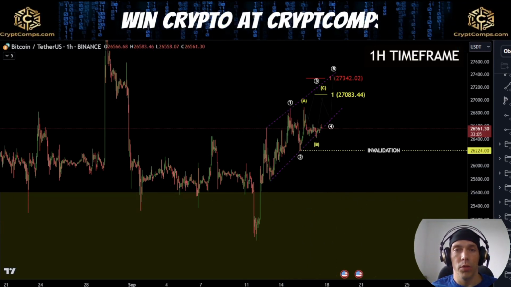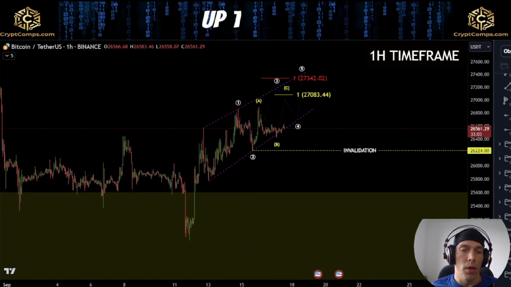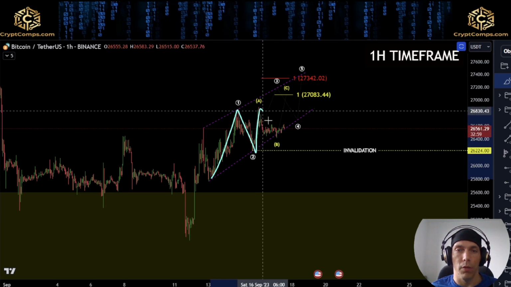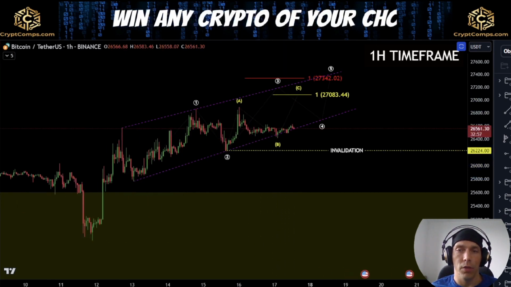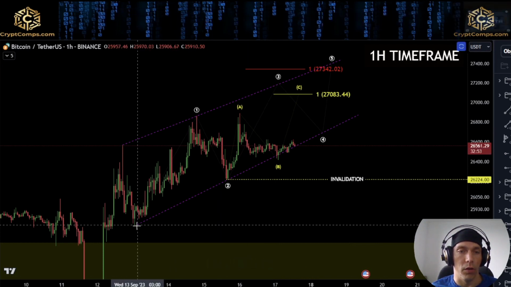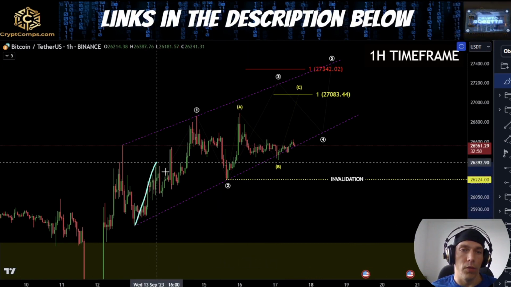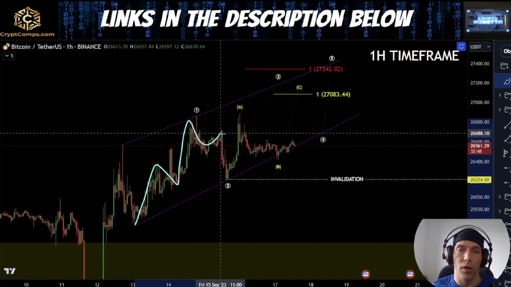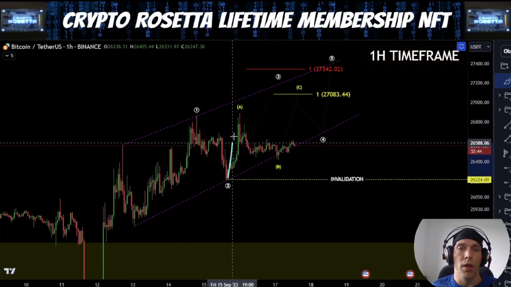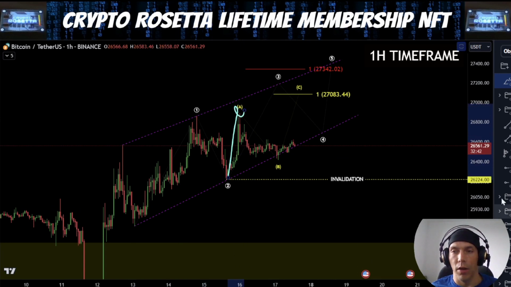Now, it is possible that this could also be a C wave here, where we could have this as 1, 2, and then we could have this as an ABC, looking at this move as potentially forming a diagonal pattern. Now within this idea, what we'd be saying then is that this is A, B, and C up into this high, the 3 waves down for our wave 2, and what we'd be looking for here is saying that this is our A wave, invalidation is this